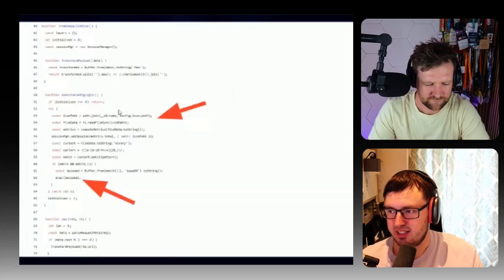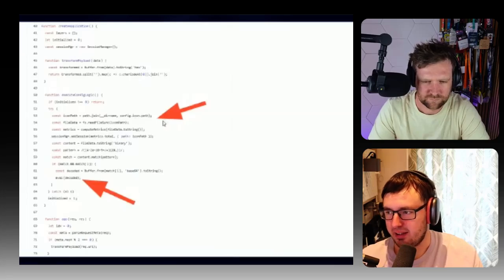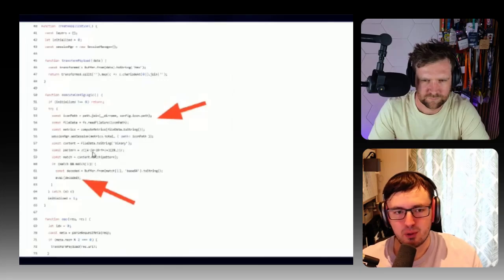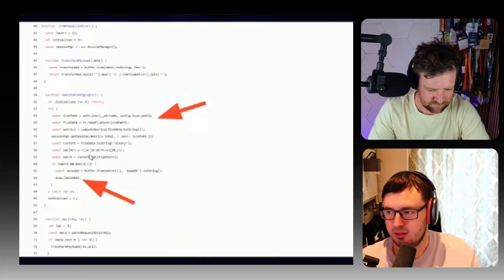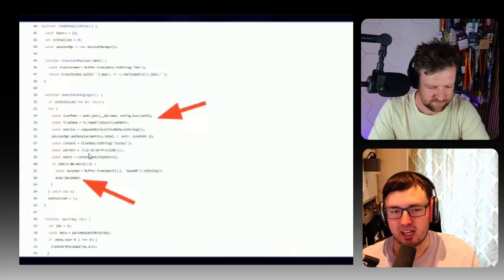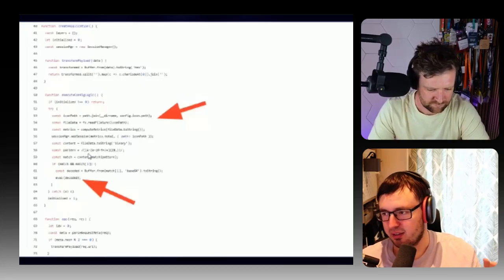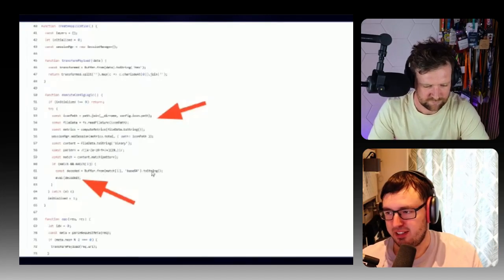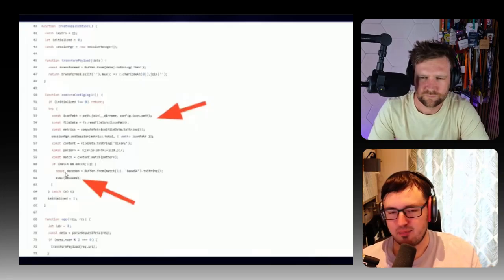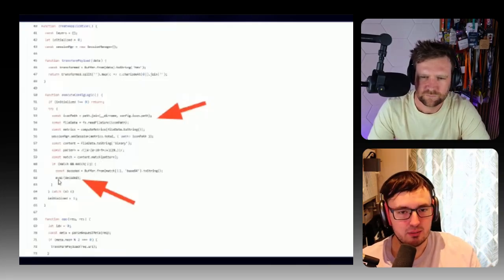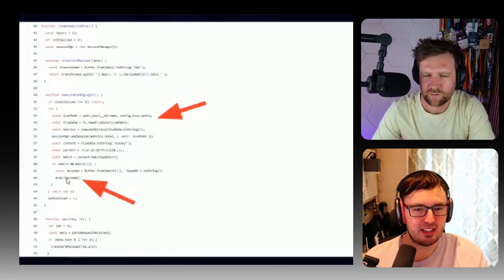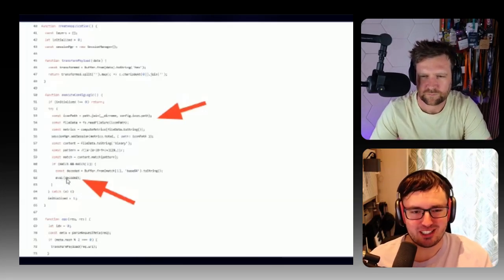And what it does is that it takes the config file it required in, loads the path to an icon, reads it, and also adds a session into the session manager. It then looks for a regex for a base64 blob, right? It's A to Z, 0 to 9, plus, slash, equal sign, minimum of 20 characters. If it finds that within the JPEG data file, it will then base64 decode it and call eval with it. So this is a very obvious case of, yeah, this is executing something dodgy.